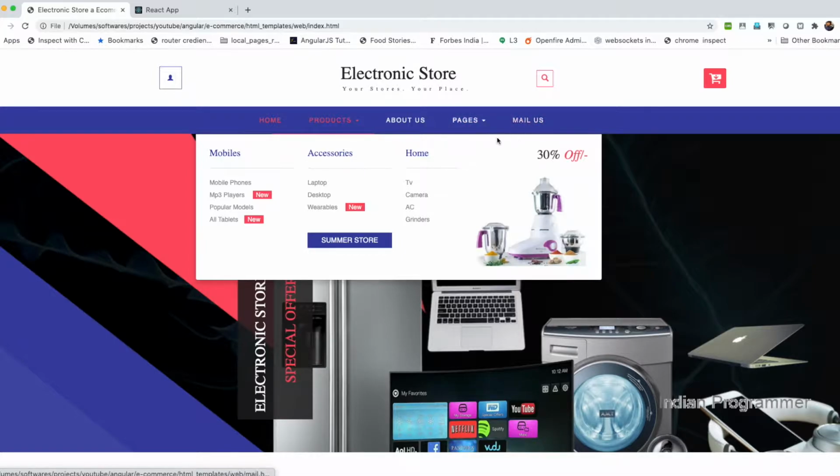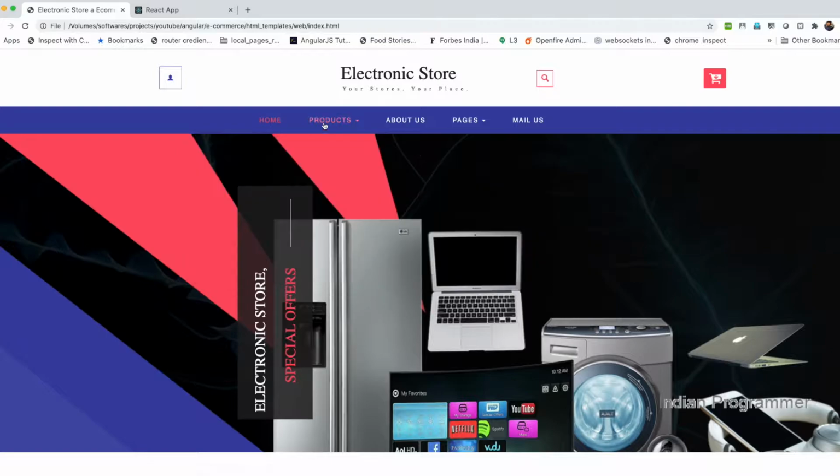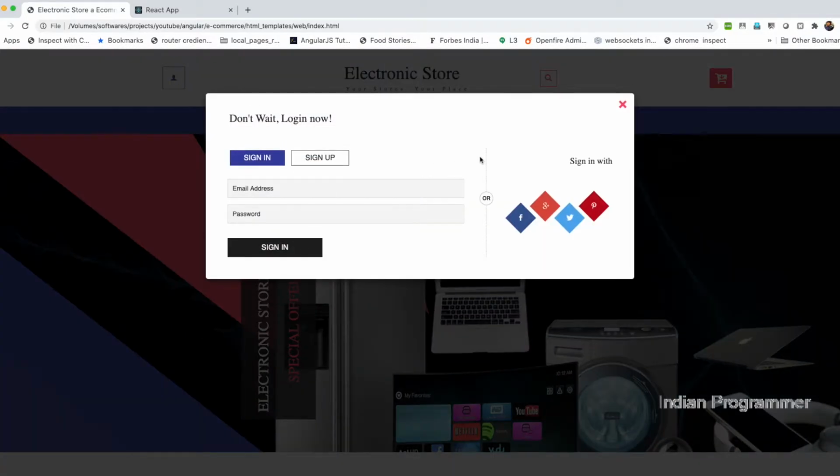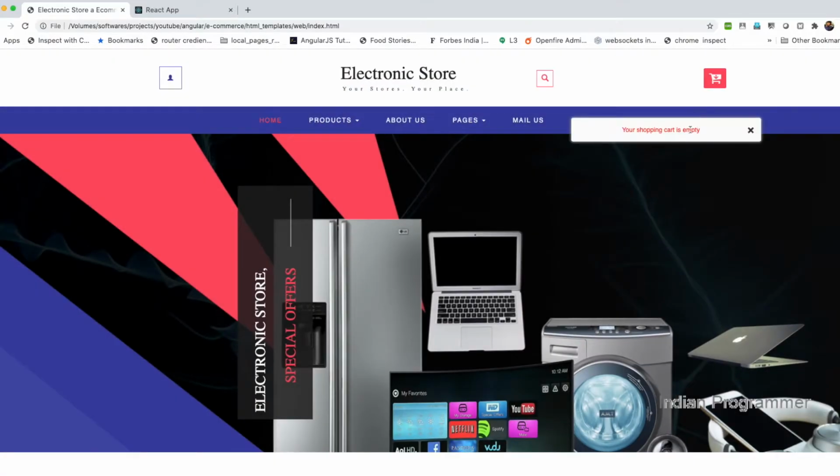Mostly we are not going to see these; we are going to see products and similar things. Then we have sign up, which we will also integrate with the same modal design. If I click this, it will show the cart items in case the user added something. These things we are going to integrate in our React application.